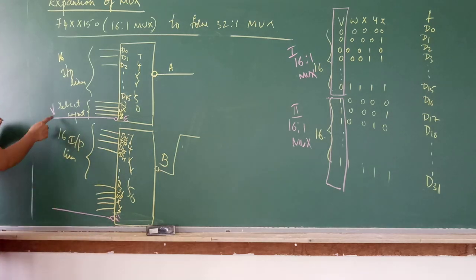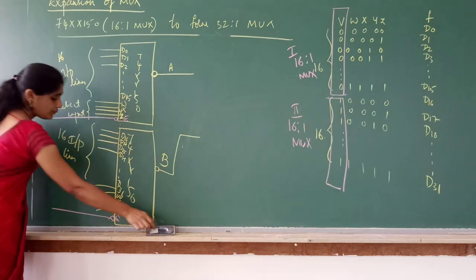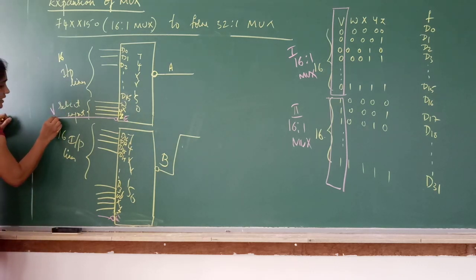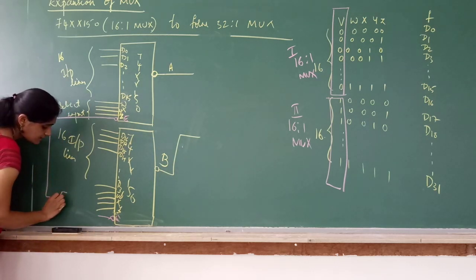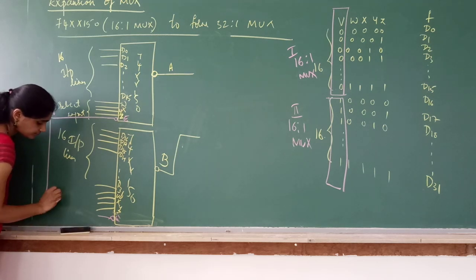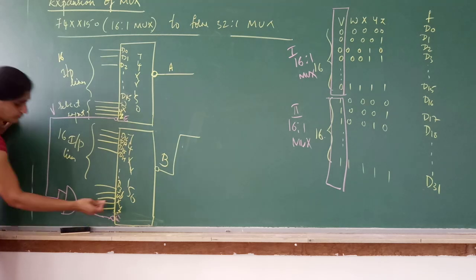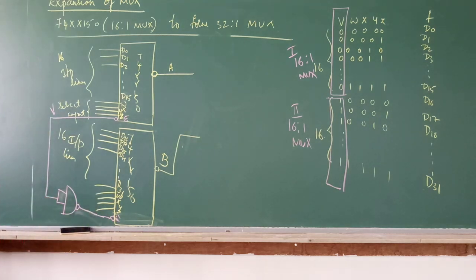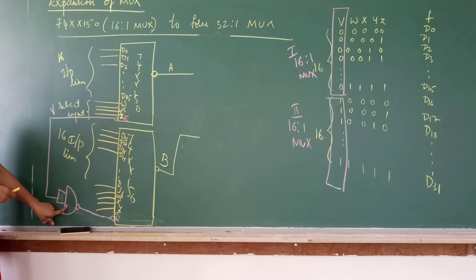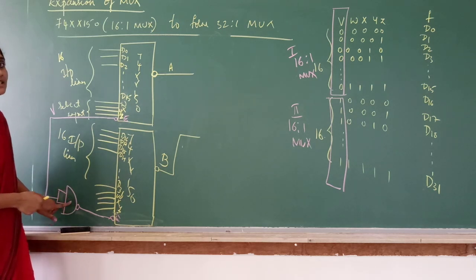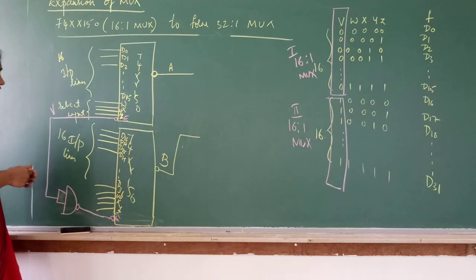So now, what modifications do I have to do here? What can be done here is, you can connect a NOT gate. This is given to a NAND gate. This is a NAND gate used as a NOT gate. You can use a NOT gate otherwise. But since in your textbook they have used a NAND gate, let me use the same gate. This is working as a NOT, you know.